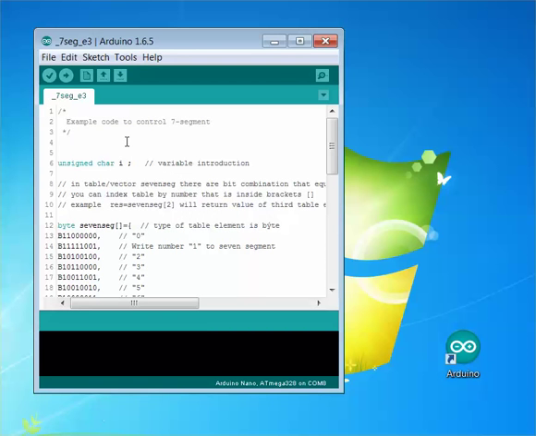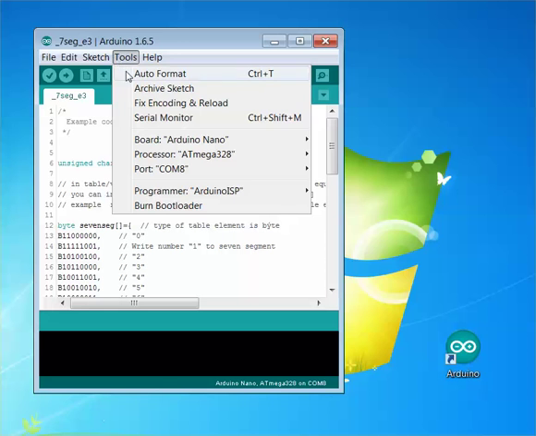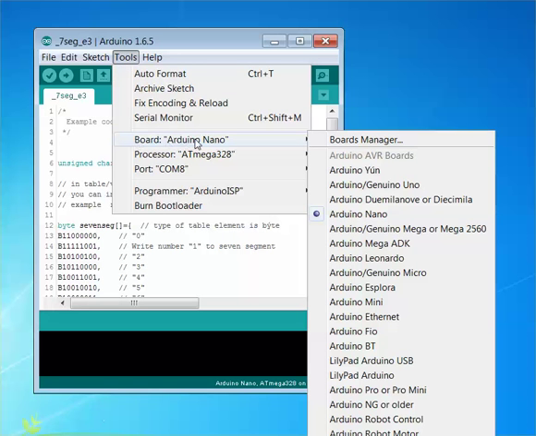So what is next needed to do is that you have to go to the tools section, tools functionality, and here's the processor board that you have to define. You have to define that Arduino Nano over here,